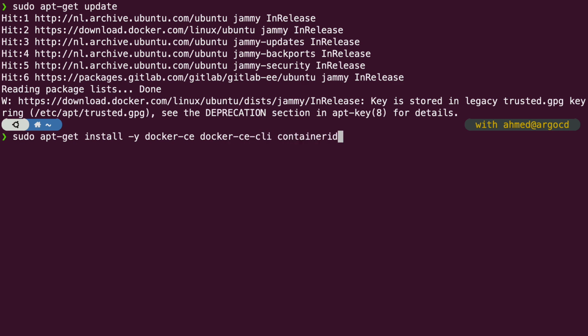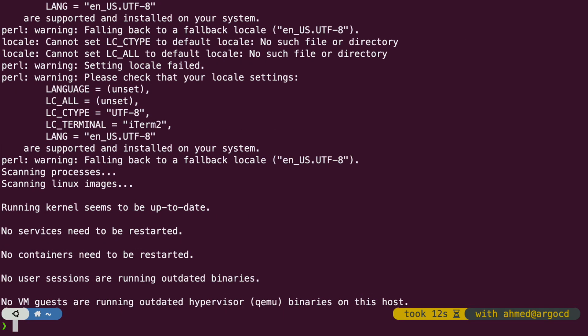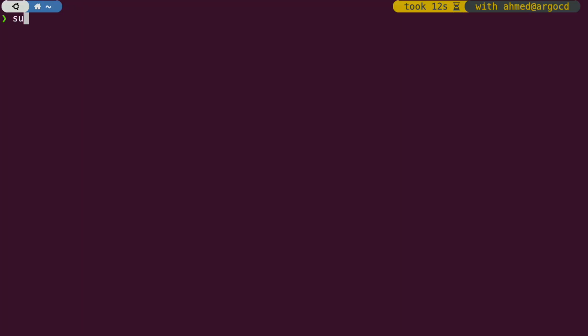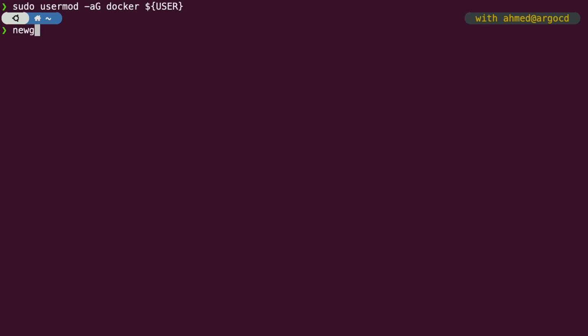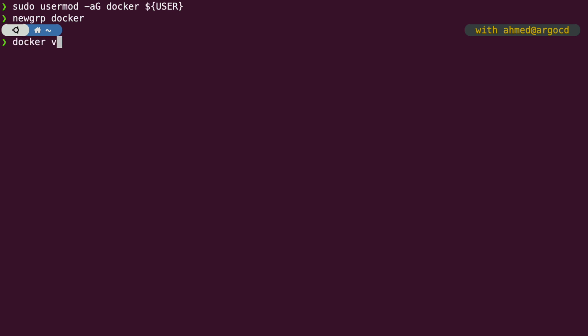docker-ce-cli, and containerd.io. The final step we must perform is enabling the current user to run Docker commands without using sudo. To do this, we run sudo usermod -aG docker, then we specify the environment variable that corresponds to the current user. Next, we run newgrp docker to effect the changes without needing to log out and log in back. Now we can ensure that Docker is deployed and can be executed by the current user without using sudo